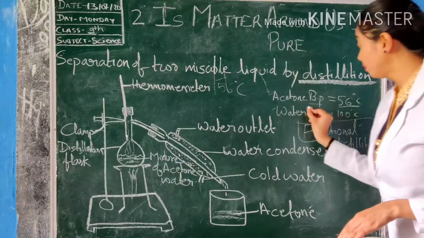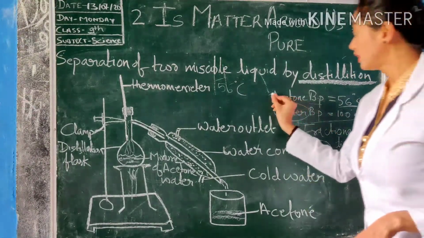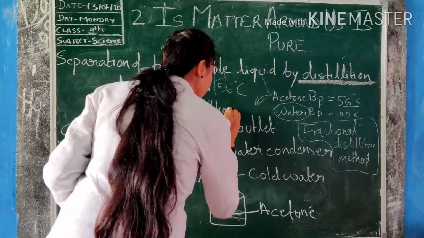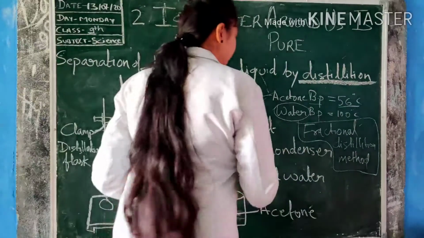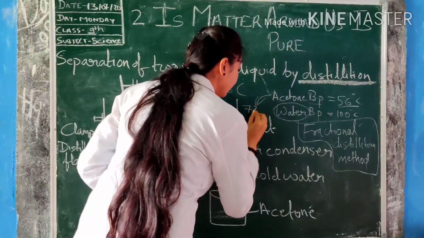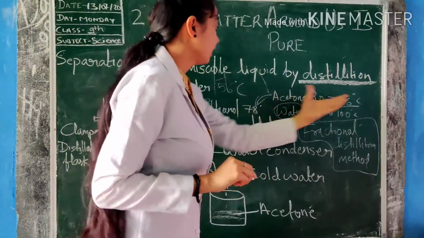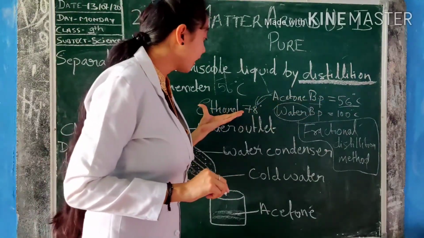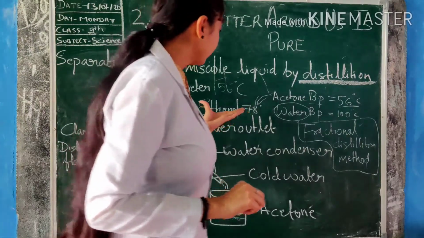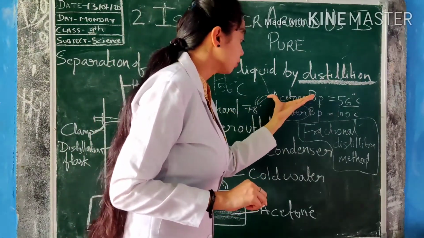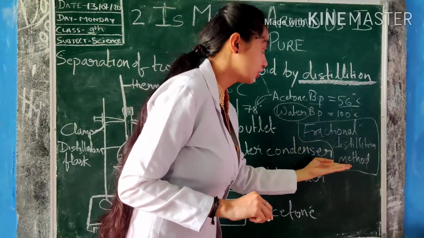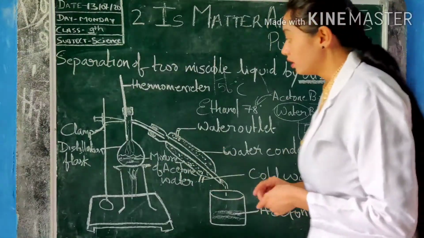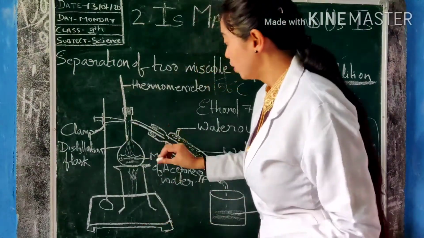For example, in place of water, acetone gets mixed with ethanol, whose boiling temperature is 78 degrees Celsius. So their boiling point difference is less than 25 degrees Celsius. So we can separate ethanol and acetone by the process of fractional distillation. In the fractional distillation method, we just make changes in this apparatus. We fit here